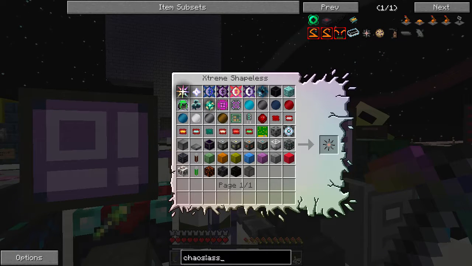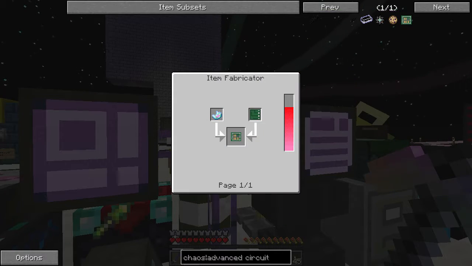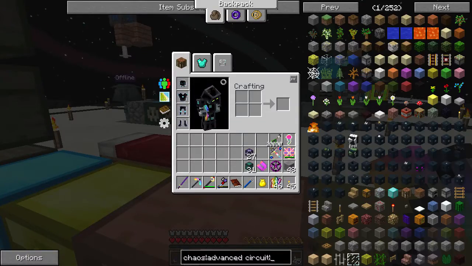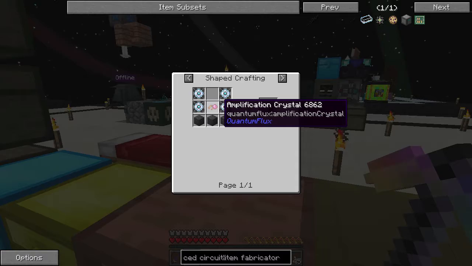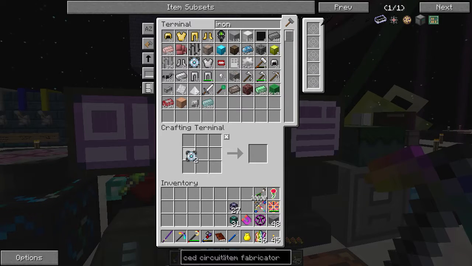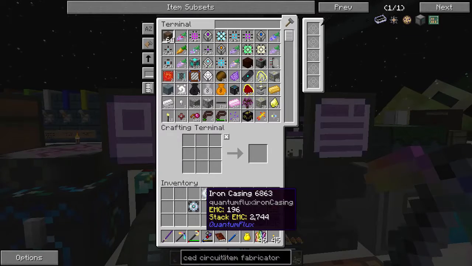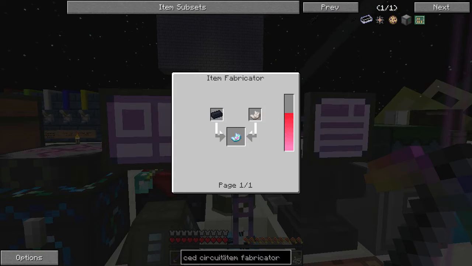So let's get the advanced circuits. That is the next thing I want to take care of. From Quantum Flux. Now these require item fabricators. So question is, item fabricators. We have one there. Are item fabricators? No, they are not. Iron casings, amplification matrix, and dark stone. Alright, so iron casings. We know how cheap those are. We're going to get a stack or so, because these machines are not that fast. And we're going to need...